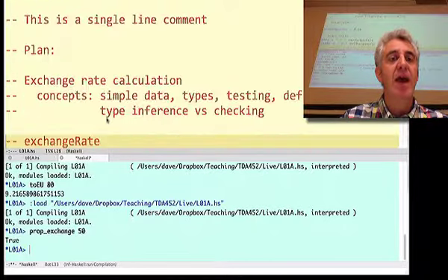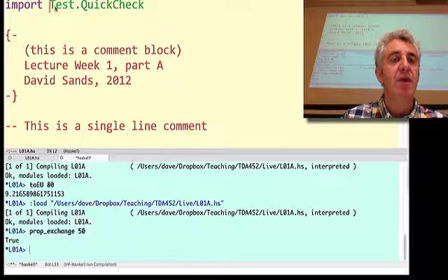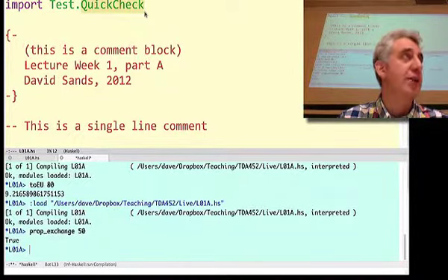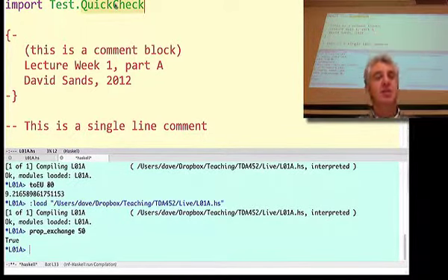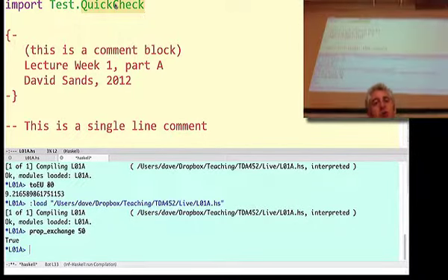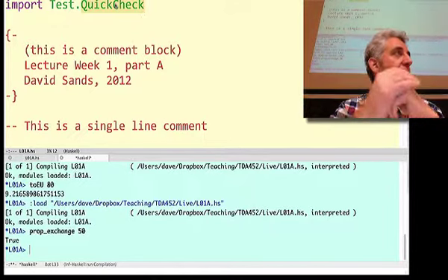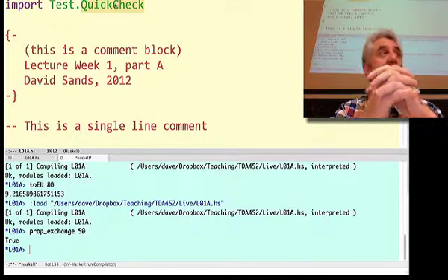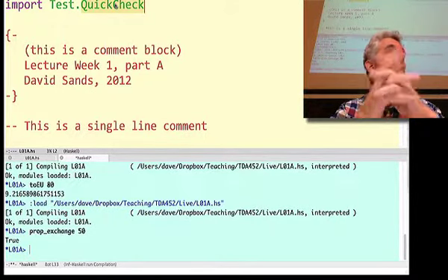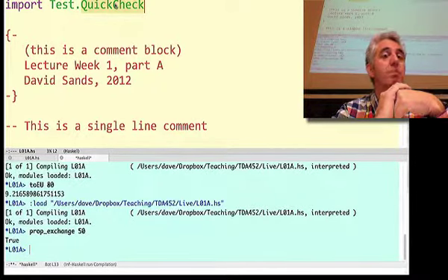Okay, back up to the top. I've imported Test.QuickCheck from the test sublibraries. I've imported this specific one called QuickCheck. Now, QuickCheck, it turns out, is actually written by my good colleagues John Hughes and Koen Claessen. But I'm not doing it just because it's invented here. I'm doing it because it's actually really cool, and you'll find it's also described in most of the textbooks. So this is a widely used library for developing Haskell code.